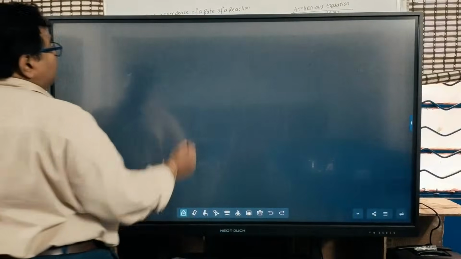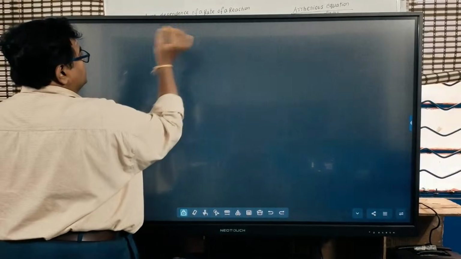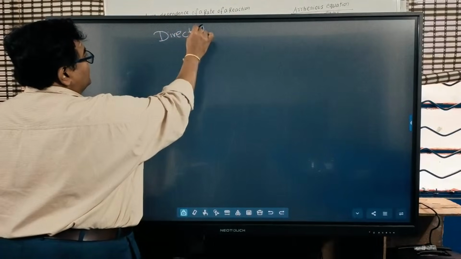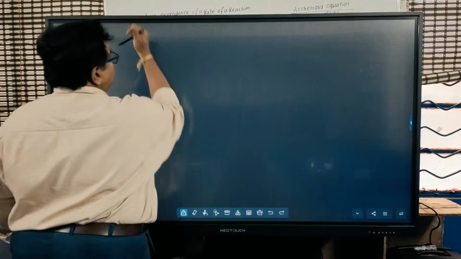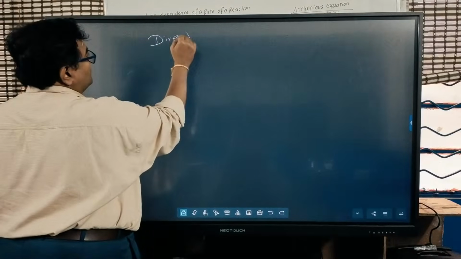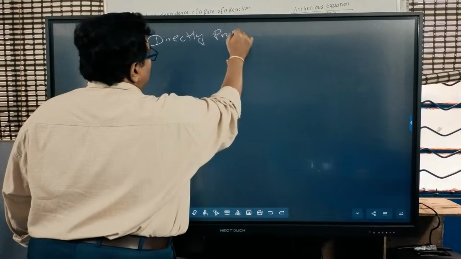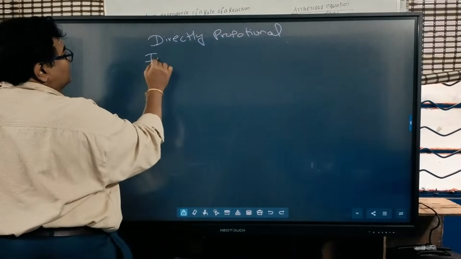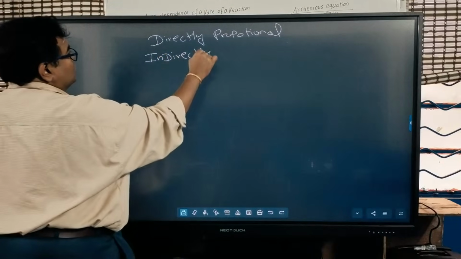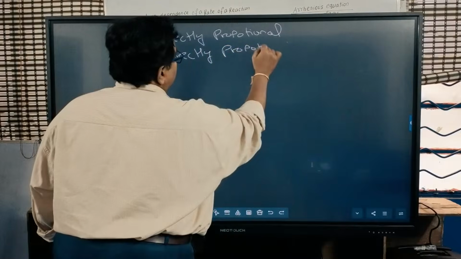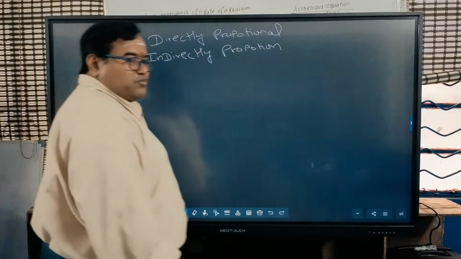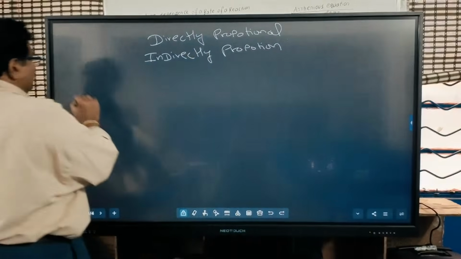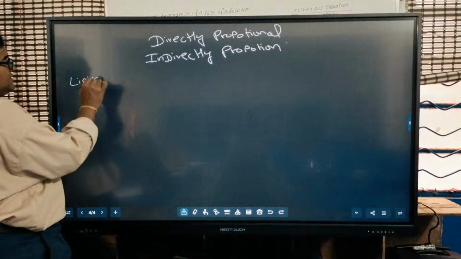Now let me go to the next important topic. Listen, we need to find out directly proportional and indirectly proportional. We all know very well what directly proportional is. They will give so many values. Find the directly proportional and indirectly proportional in the following. This is the question. Now I am writing linked allele,